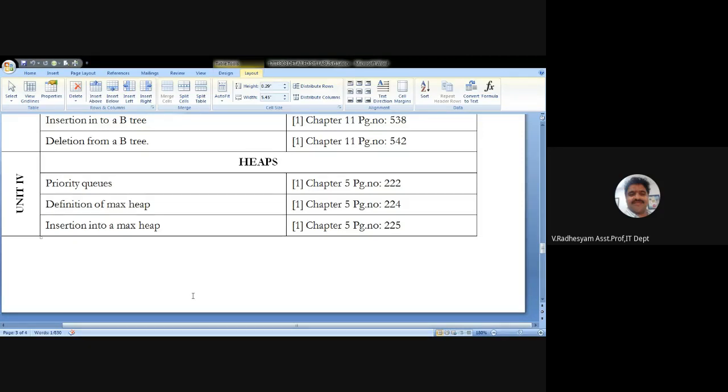That means if you apply any logarithm, then the value is very small.